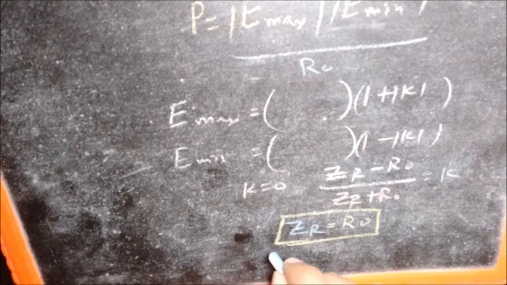So this is one among many reasons why we would like to have the load impedance equal to the characteristic impedance. Now this need not happen always, because the load impedance is determined by various other factors. The characteristic impedance is a property of the transmission line, and it is not a practical thing to fabricate or manufacture different transmission lines having different values of R naught so that it suits all kinds of loads. So we need to have some kind of a matching mechanism to ensure that the load impedance appears like the characteristic impedance to the transmission line. So we have made those observations and we have interpreted certain things from those 5 points which we discussed.